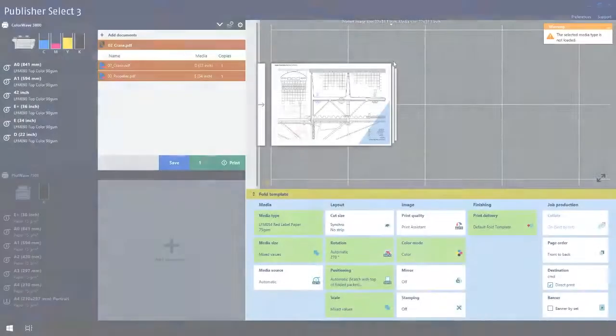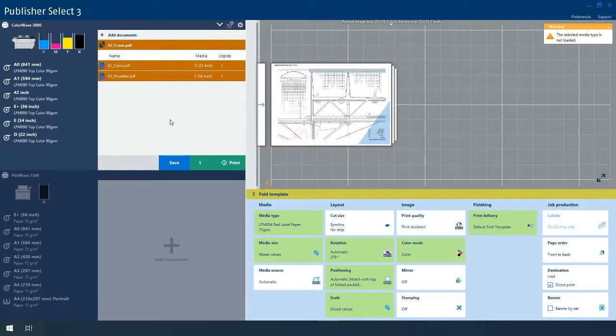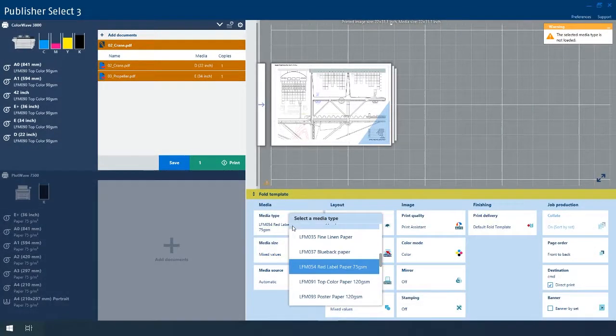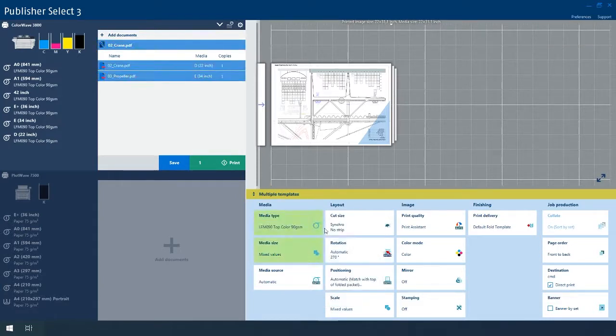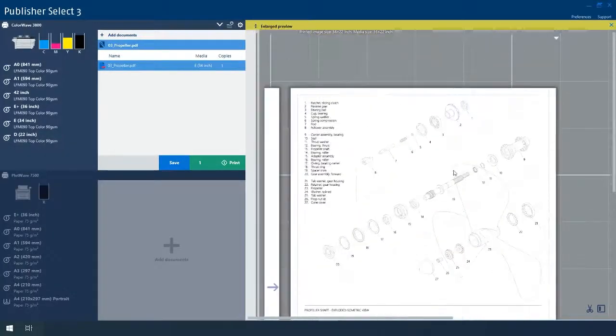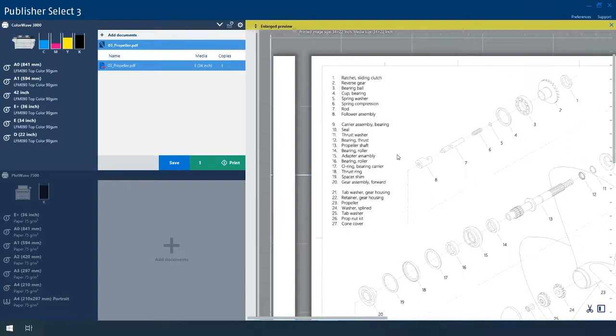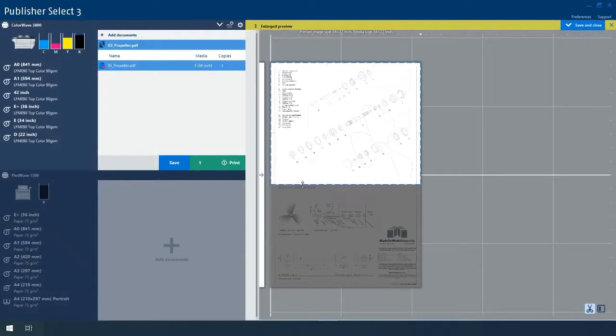Avoid misprints thanks to the automated What You See is What You Print preview that issues a clear warning when a file requires attention. Zoom in and out using the enlarged preview functionality to check details before you print. Easily crop your PDF files to save time and avoid wasting media.